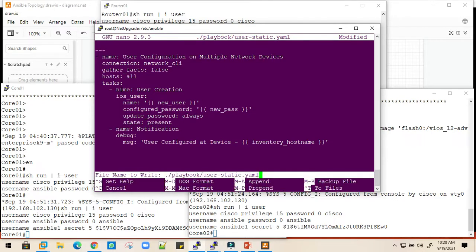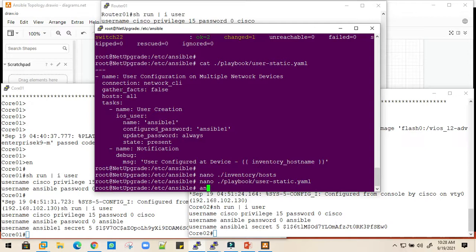Let's execute the same playbook once again via ansible-playbook, and the path of the playbook will be user-static.